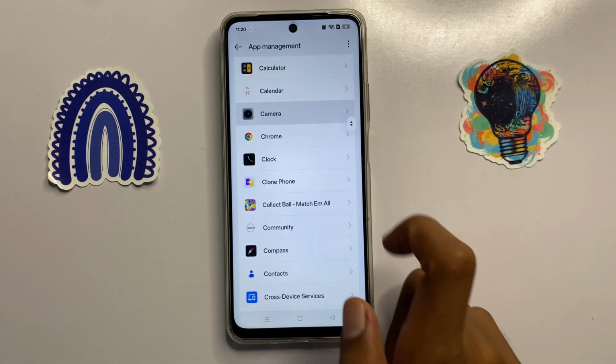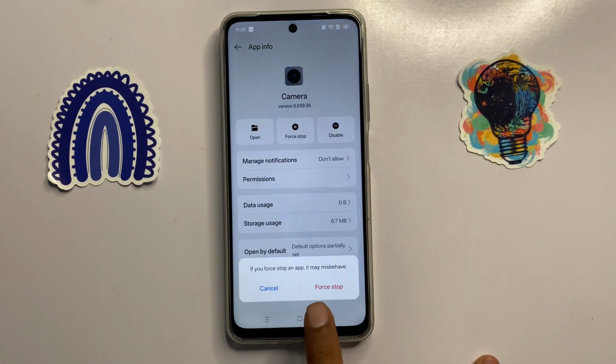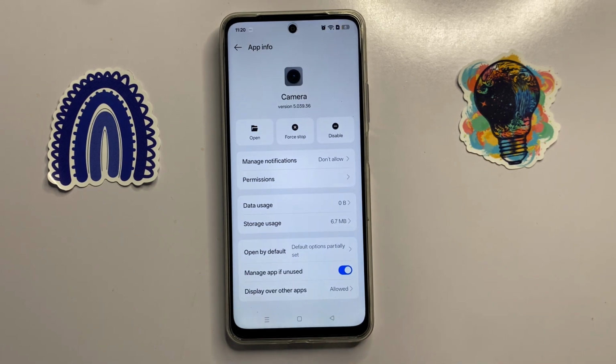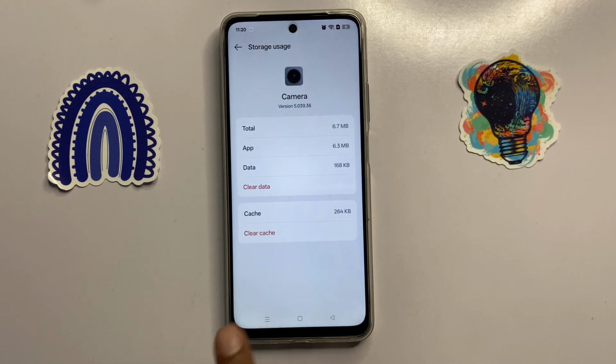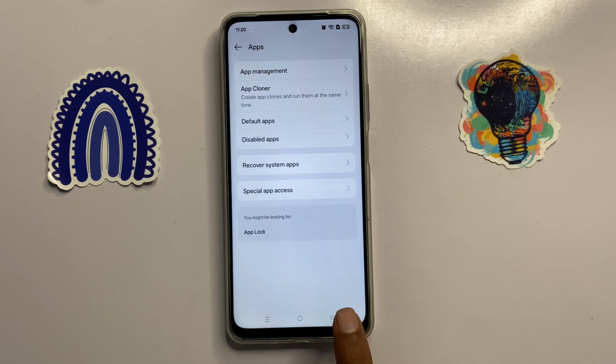Now click on camera and then click on force stop. Now again click on force stop. After force stopping your camera, click on storage usage and here you can clear the cache memory of the camera. After clearing the cache memory of your camera, go back to the main page of your settings and click